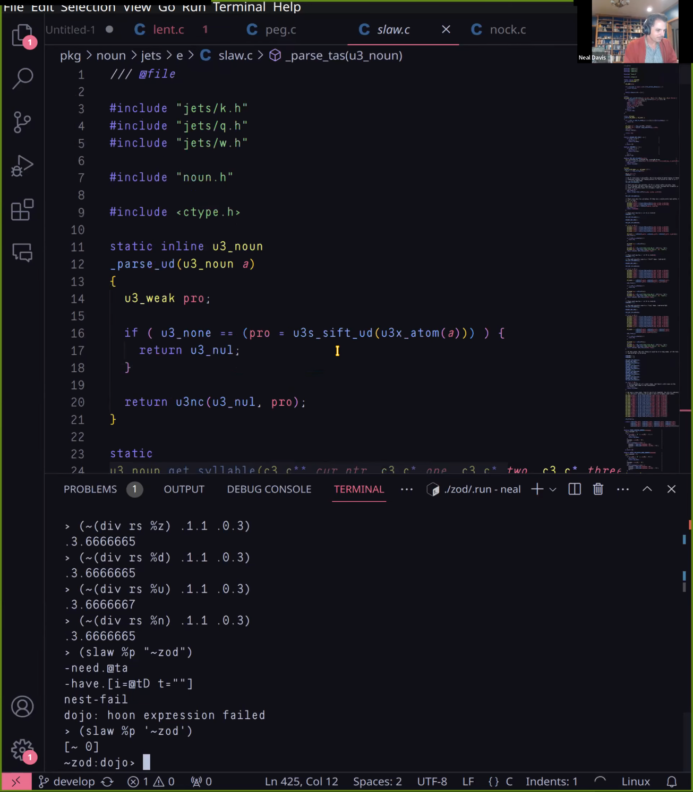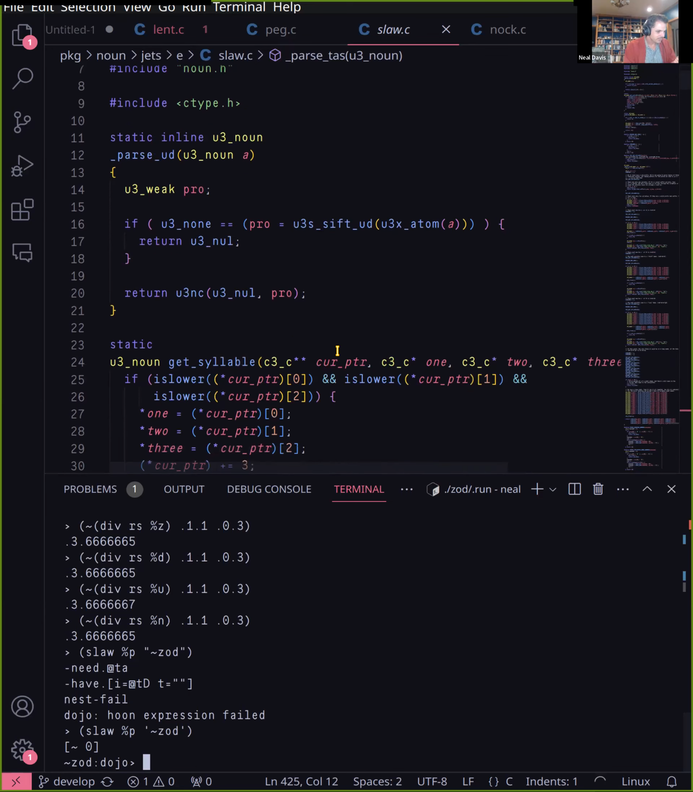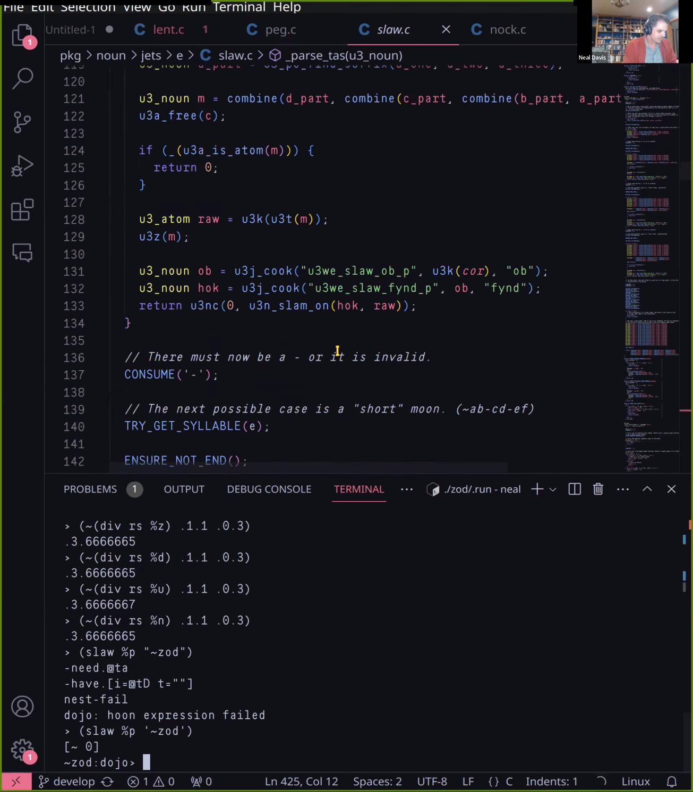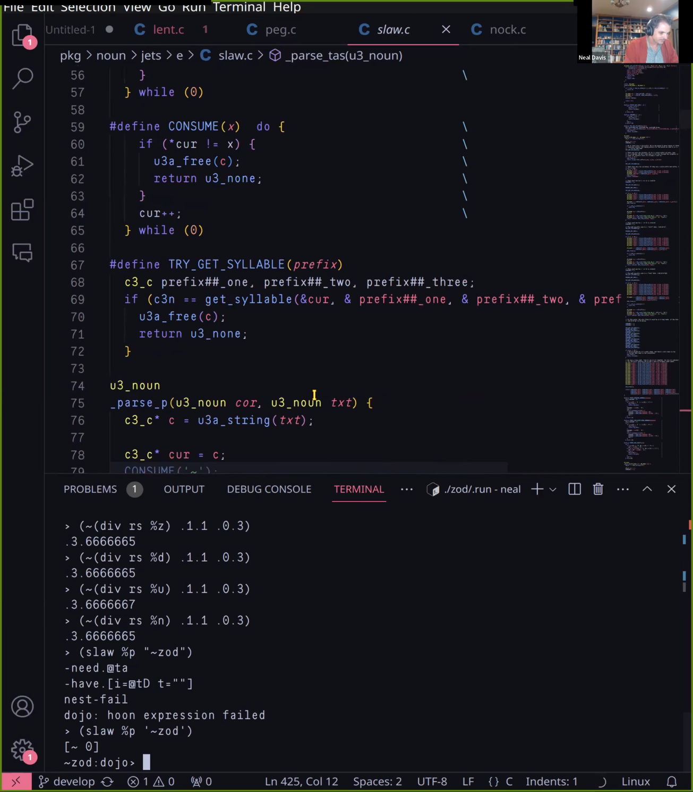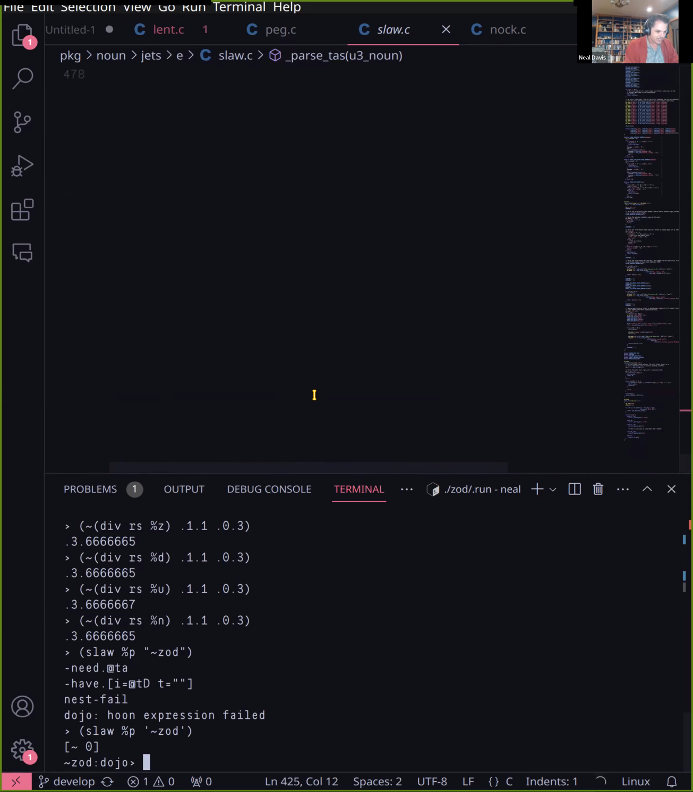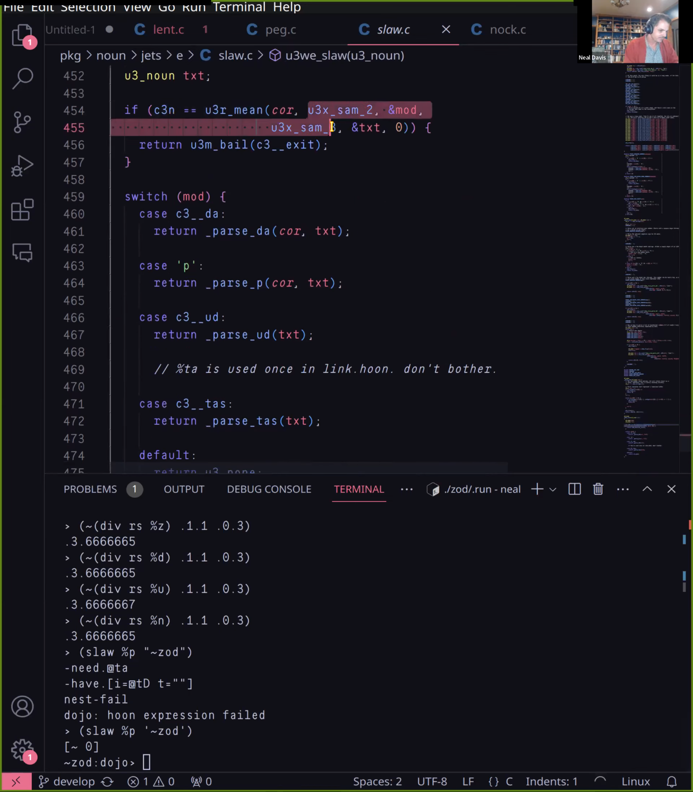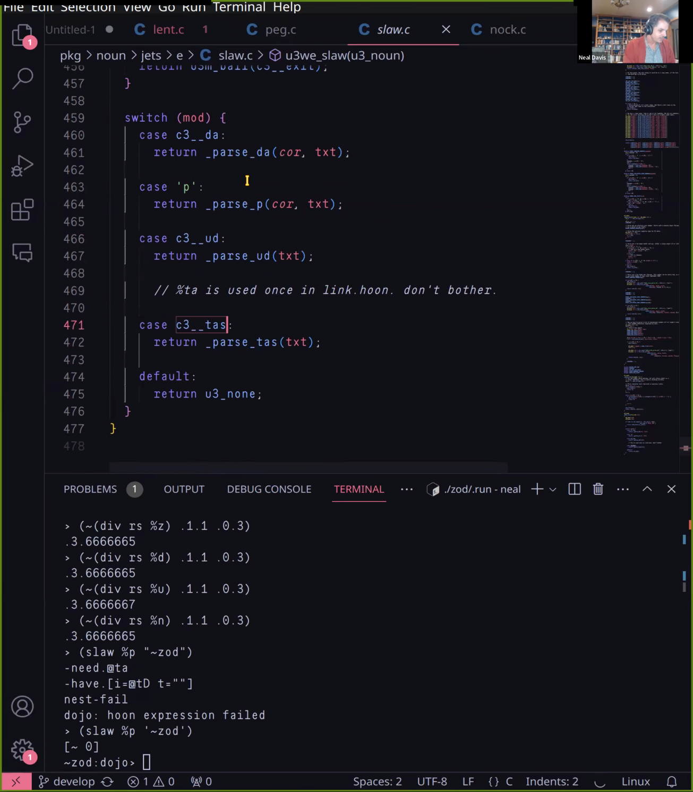This is actually kind of a complicated function because you have to be able to parse whatever thing you're getting and then turn it into a Hoon piece. SLA is rather complicated. So first off, it extracts your sample. Then it checks, is it DA? Is it a P? Is it a UD? Or is it a TAS? And in those cases, it has helper functions to hit each one of those. Otherwise, it returns U3 none, which tells Vere to just run the